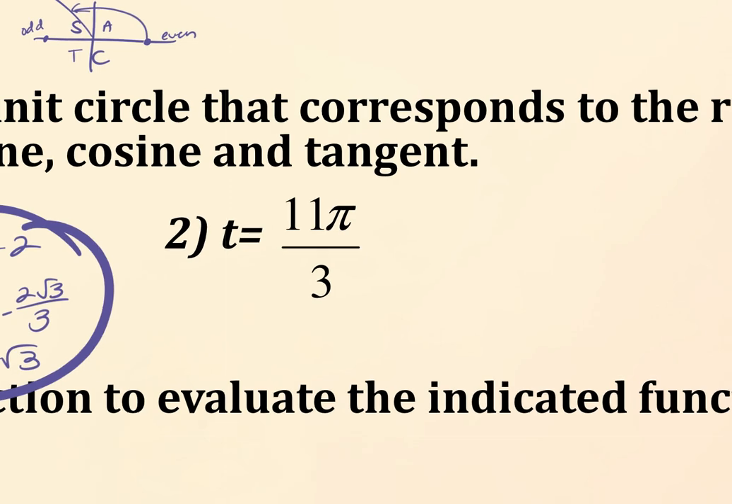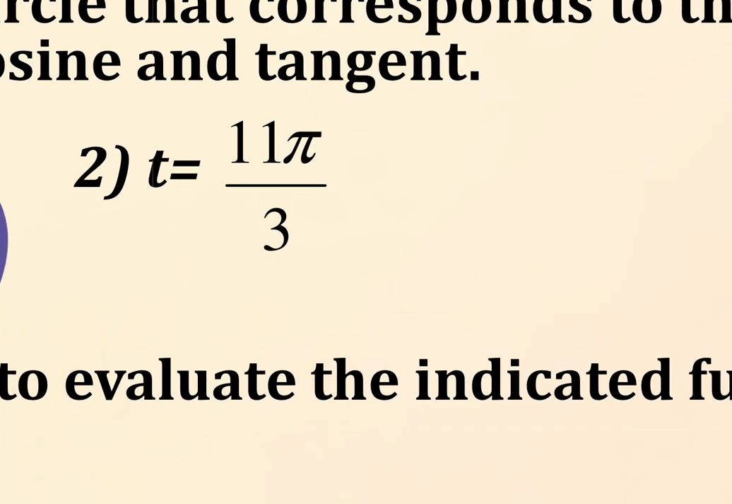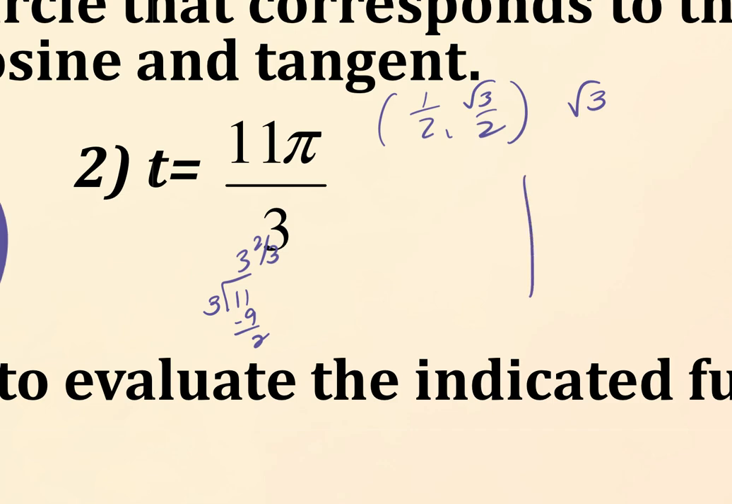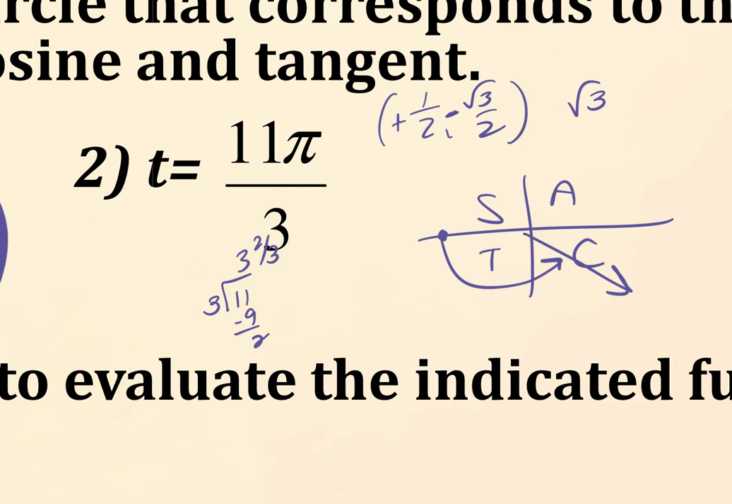All right, then number 2 says 11 pi over 3, so it's an over 3. I know that coordinate point is 1/2, root 3 over 2, and my tangent is root 3. This is bigger than 2, so 11 divided by 3 is 3 and 2/3. Now it's odd, right? Odd goes where? Left. And then 2/3, less than a half or bigger than a half? Bigger than a half. So I'm in the fourth quadrant where cosine is positive, sine would be negative, and tangent